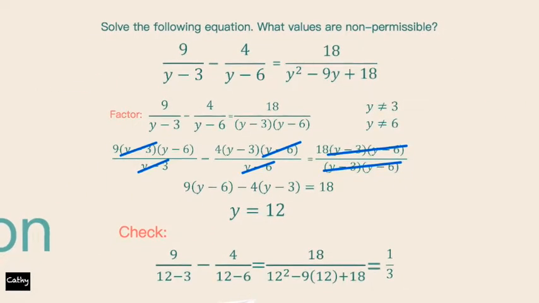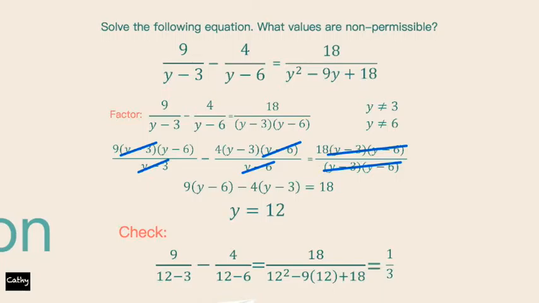Then times the LCD into the numerators. The easier method I use to deal with this kind of problem is to multiply the part of the LCD that the phrase doesn't have into the numerator. For this case, y minus 3 times y minus 6 is the LCD. In the first phrase, 9 over y minus 3, the denominator doesn't have y minus 6, so just multiply y minus 6 into the numerator, then cross out the y minus 3. Using this method,